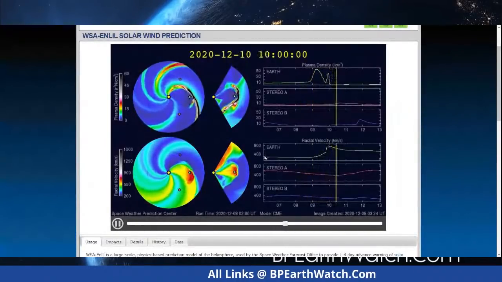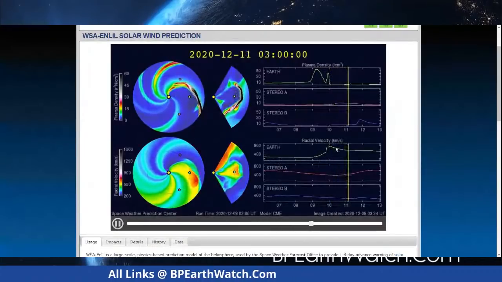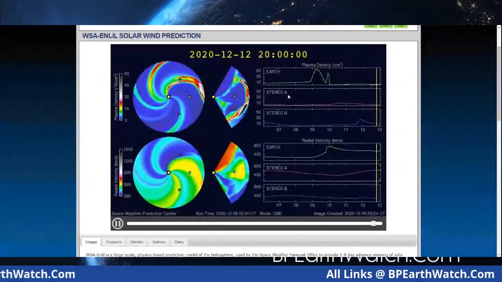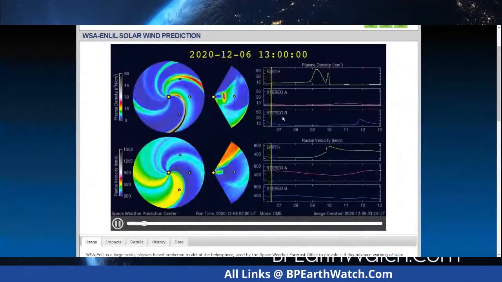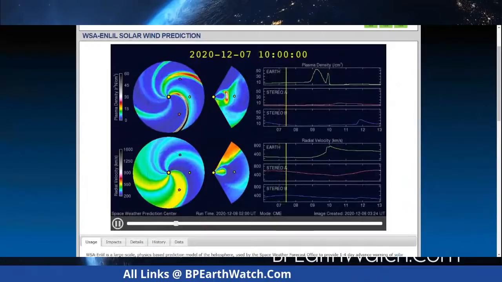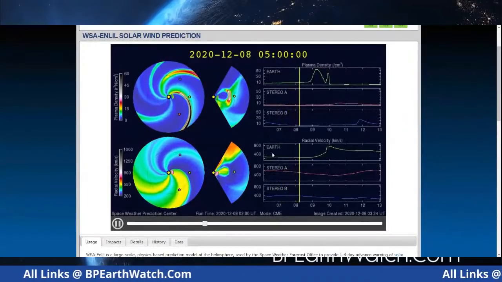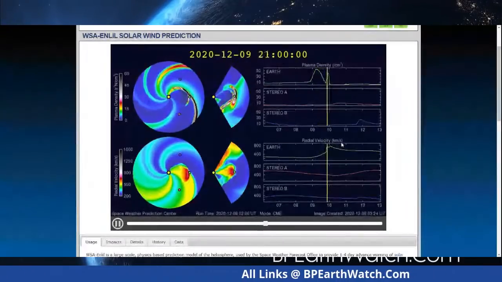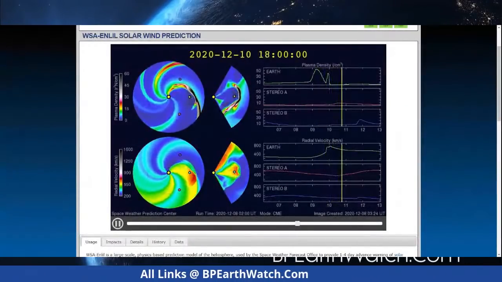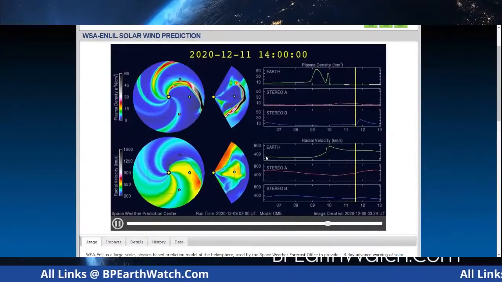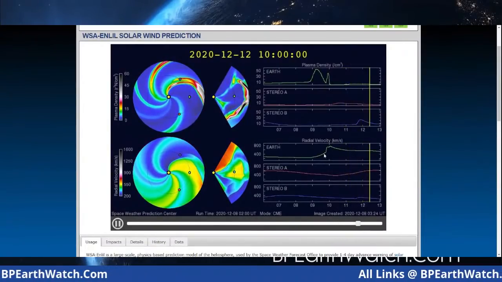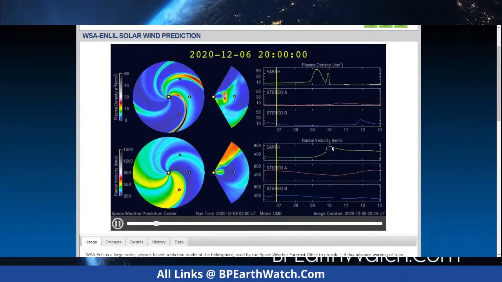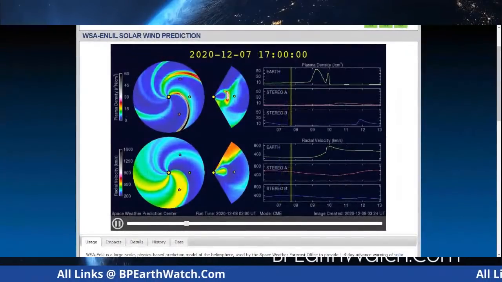Also, in this section at the bottom, also in green, both are representative of Earth. The red is one satellite, STEREO A. B is another STEREO satellite. But for the Earth, we're going to see what's called radial velocity in kilometers per second. In other words, solar wind speed. We're dealing in the 400 range in this model, and it's going to peak up to around 800 kilometers per second, 1.79 million miles per hour.